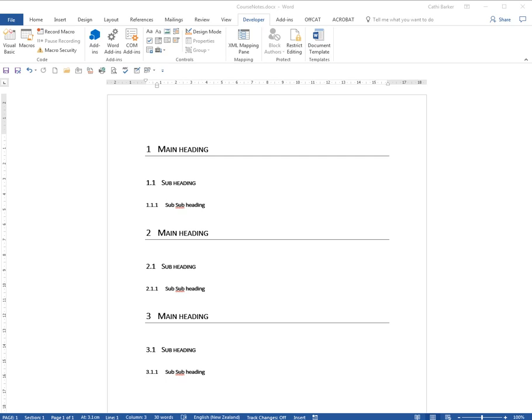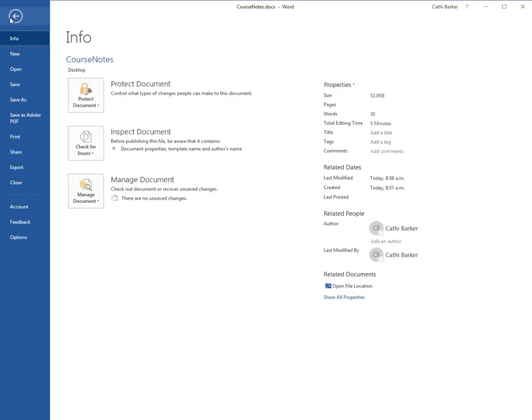Document properties tell you a little bit about the document, the date it was created, the person who created it, and so on. Let's have a look at this document's properties that we've just created. I'm going to click on File, and I'm going to look over to my right where I can see some